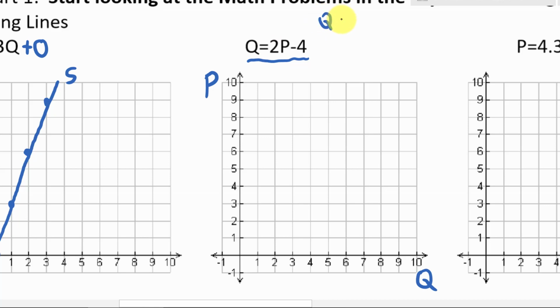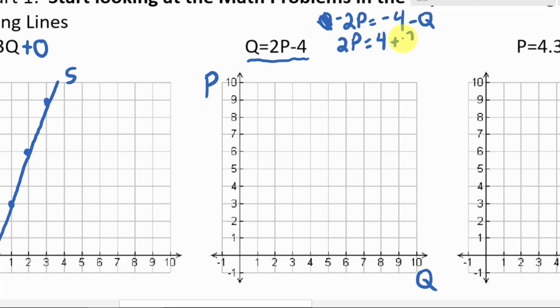I have Q minus 2P equals minus 4. We want to subtract Q from both sides. So subtract Q from the left, we have minus Q on the right. And now everything's negative. We want to multiply everything by minus 1. Do the same thing to both sides of an equation, it doesn't change anything. So multiply everything by minus 1, and that makes this a positive 2P equals a positive